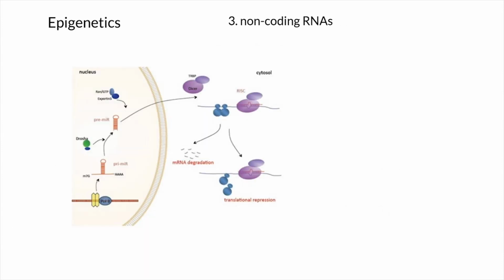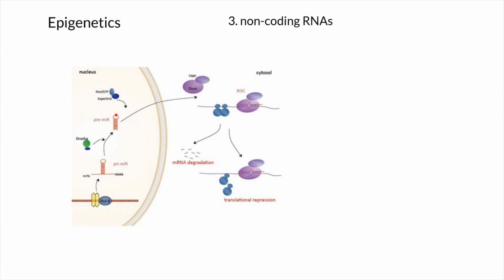The third type of epigenetic modification is any influence from non-coding RNAs which affects gene expression. Here I have a very simple diagram of how this mechanism works. MicroRNAs are transcribed just like coding genes are, only they do not contain open reading frames. They don't need to become proteins to have function. You can see that microRNAs are often synthesized as first longer